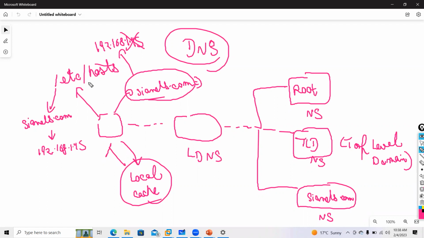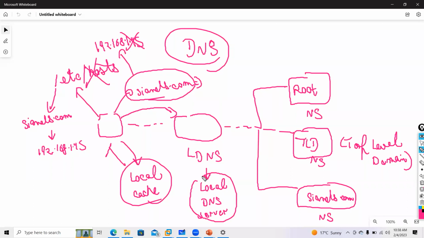If it does not find it in local host or local cache, it will forward your request to LDNS, guys. Now what is LDNS? This is called your local DNS server.